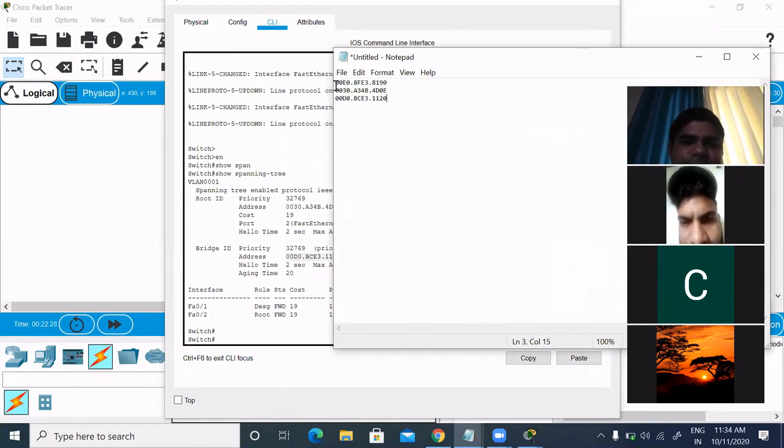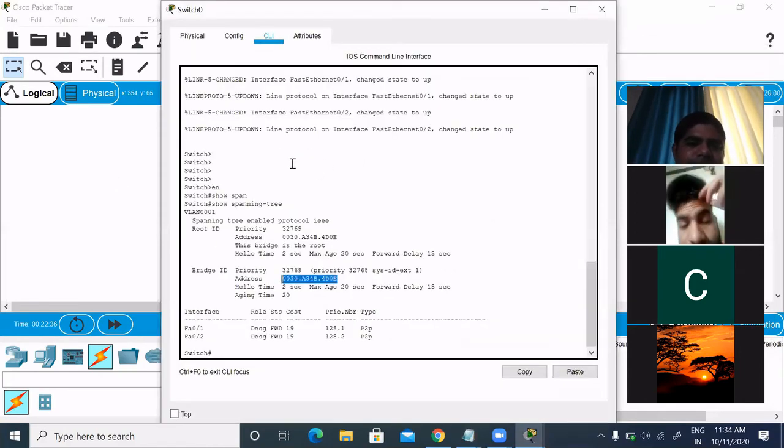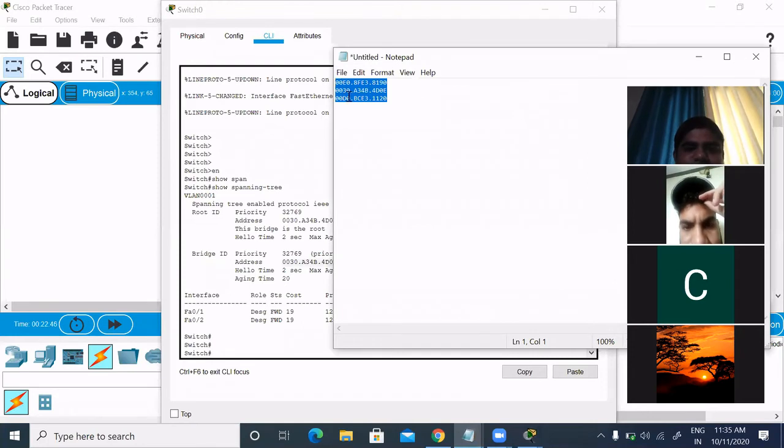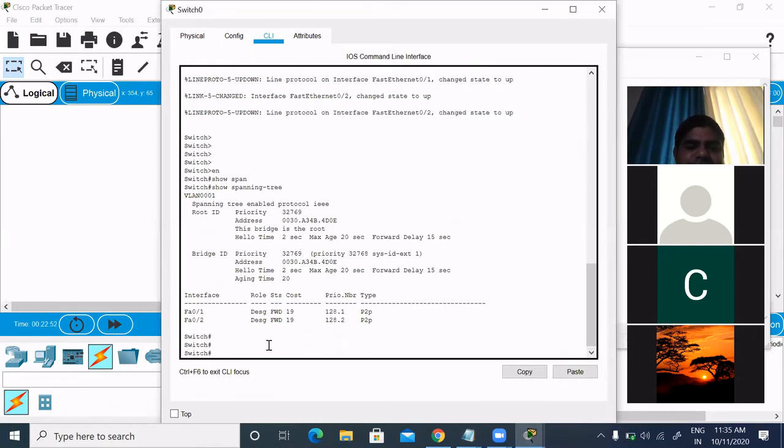Whichever has the lowest bridge ID MAC address will become the root bridge. So in our scenario, this is the root bridge, which is having 0003. This is the root bridge, and it is having this ID. Why? Because if you compare the 3, then 0030 is the lowest one. So this way, the root bridge is elected.